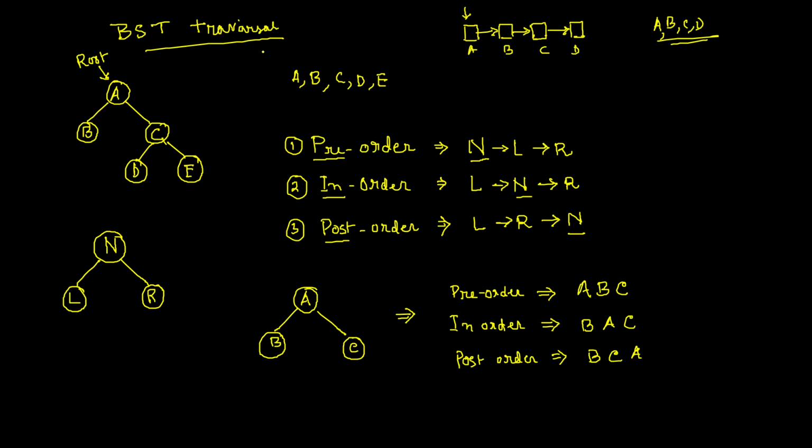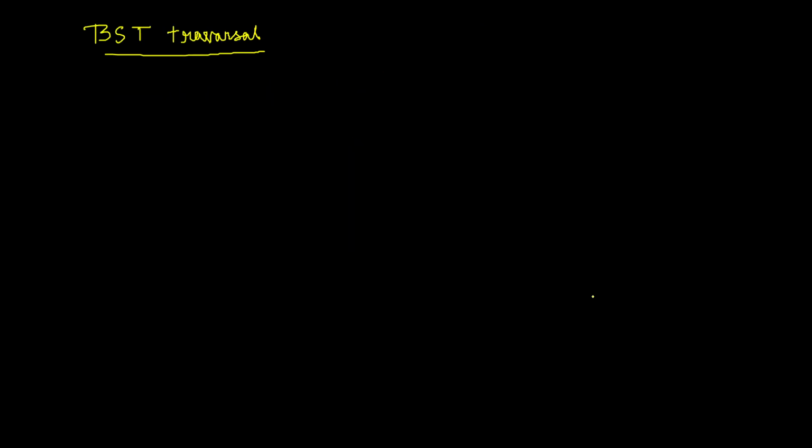If a tree is given to you, and one person does a pre-order traversal and another person does an in-order traversal, and there is no restriction, both are correct. You cannot consider that one is the correct one and the others are false. Any order is correct. Any of these 3 orders is correct. Now let's try to realize the order with respect to a very simple